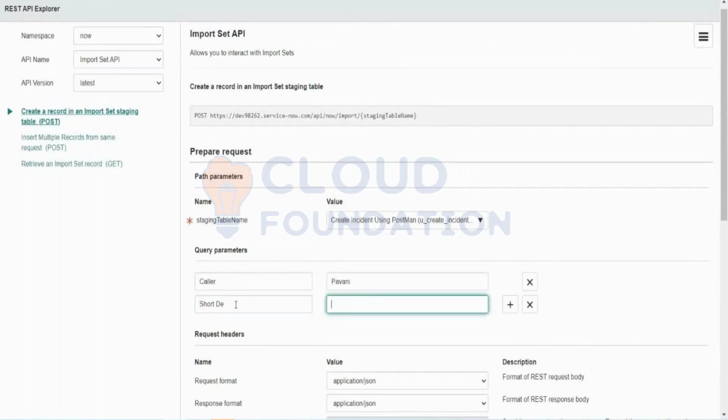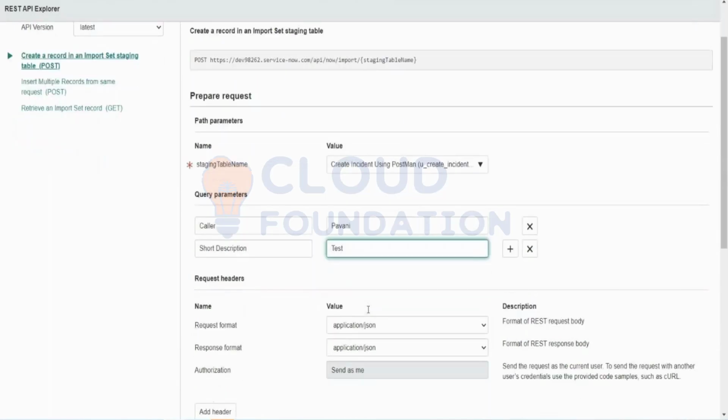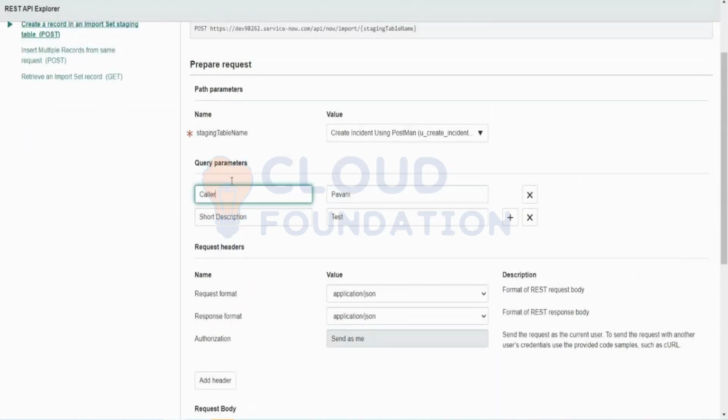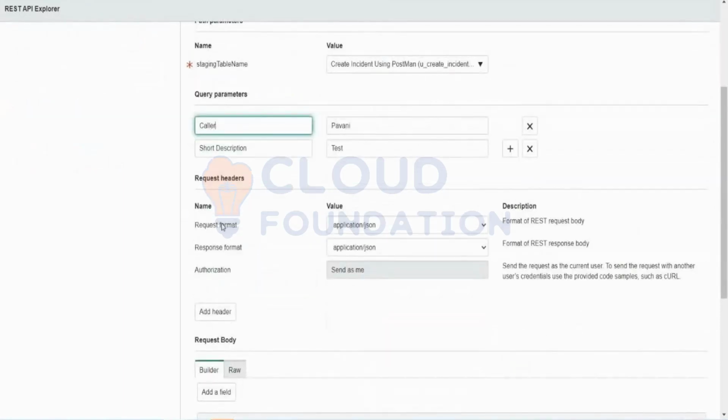Let's say this is test. This is the staging table, and here is the parameter that I'm giving, with state equal to state.